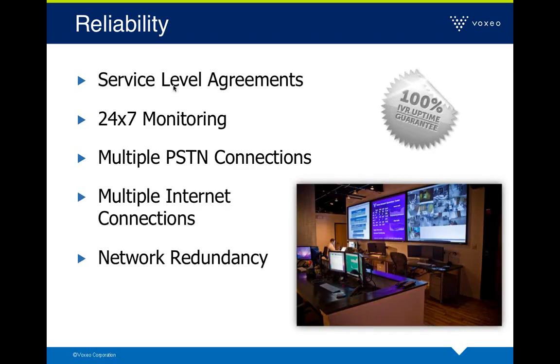You also have an extremely high level of reliability, assuming you are talking to a cloud communication service that will provide this, but you can have service level agreements, 24/7 monitoring. The other key part is when you're looking at communication systems, multiple PSTN connections, multiple internet connections, those types of things can be challenging for a typical premise operation to work with.